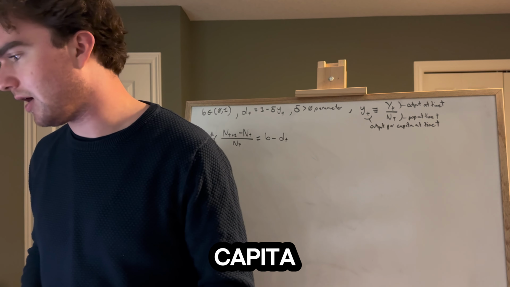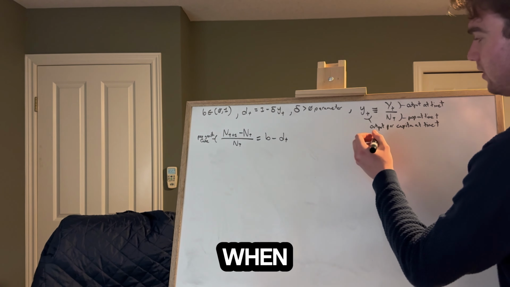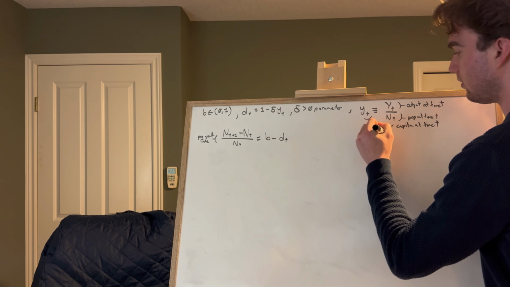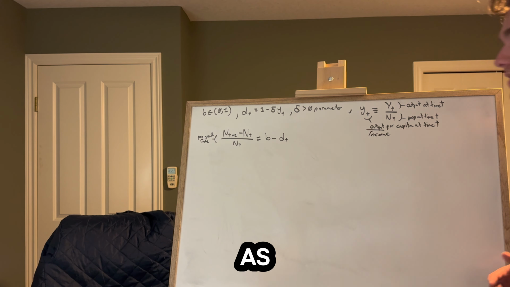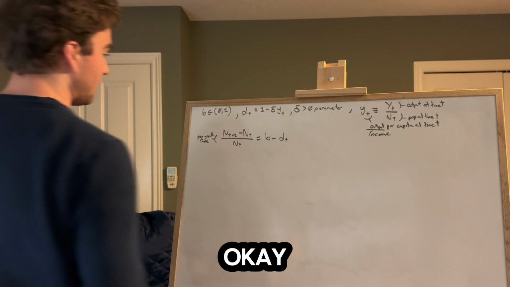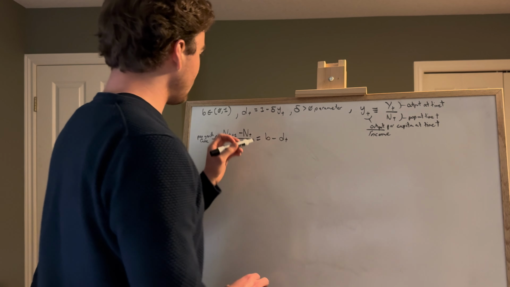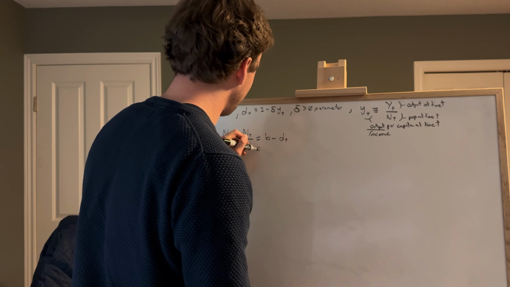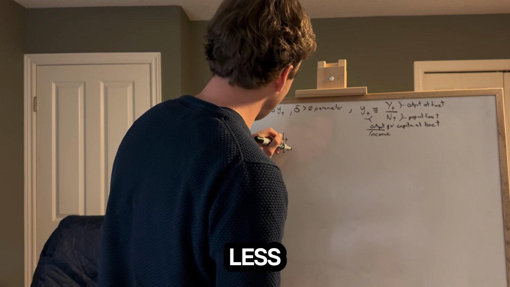The income per capita. So this could be output or income. So when you see output, this is also income per capita. It's the same thing, or we view it as the same thing. Okay? So we've got this. Well, this can be that. So we're going to replace it. B less 1 less,